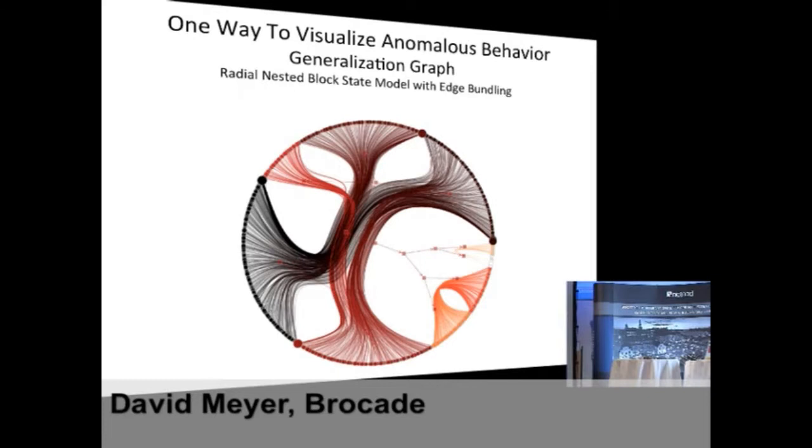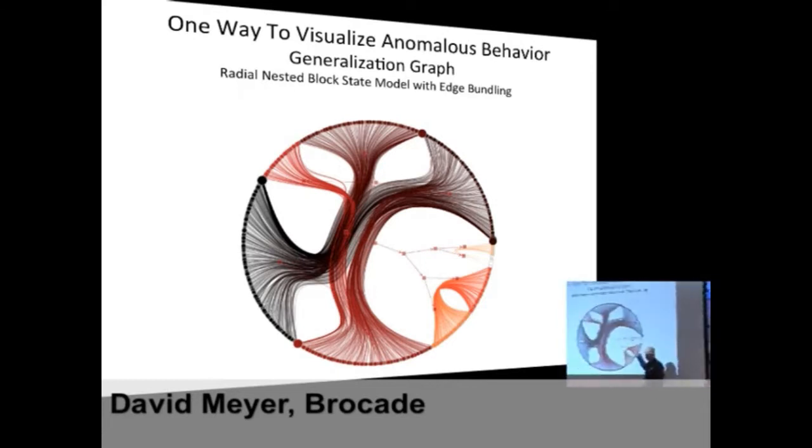So the graph itself is the standard graph, right? But this is a way to visualize it. And these things were anomalies that hadn't been detected before. One of these was, I think, a SYN flood. And this one, we don't really know what it was, but we worked on it a little bit. So there's some work we were doing on this one. But the guys who own this data didn't find that one because they used more conventional techniques.